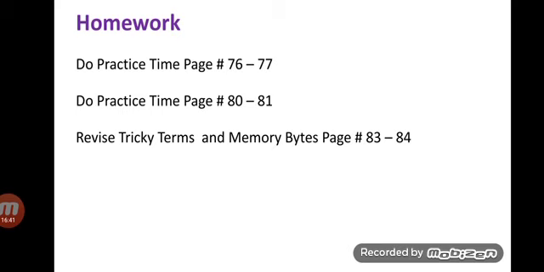Next we have revise tricky terms and memory bytes, page number 83 and 84. We have done all these things in the classroom, and they are written in your notebook. Just revise them. All the questions in the exercise, you have to revise them.